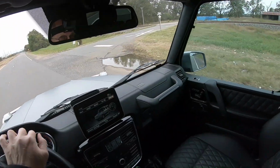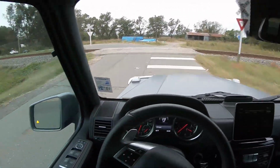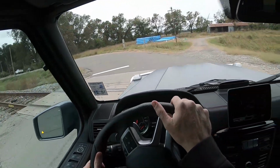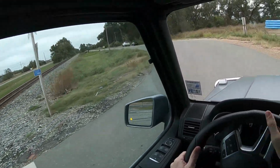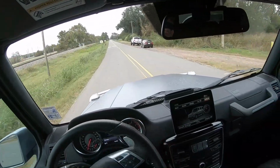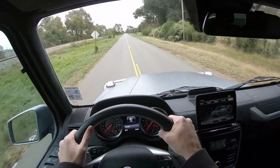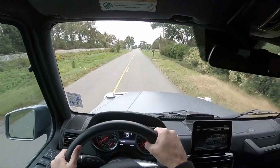Some vehicles, you can always get used to it, but sometimes the brake pedal and the brakes themselves are just overly aggressive. And basically what that means is that you really have to adjust, and the first few times you might accidentally brake check your passengers a little bit. You're not going to have that problem with this particular model, which of course